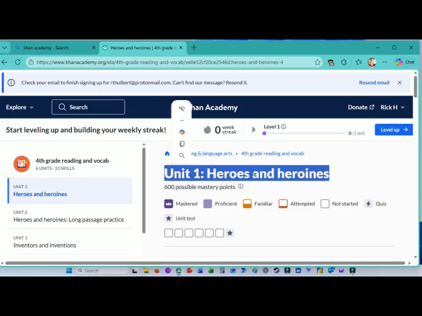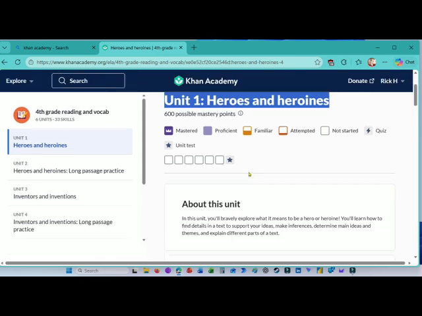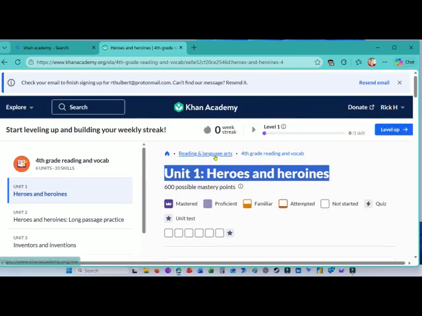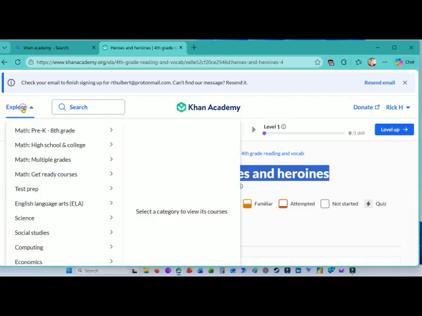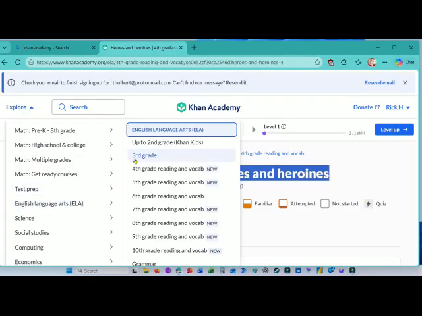If you choose a unit and you don't know these words, the unit is probably too difficult for you. You can try it, but if you don't understand the first words, it's probably better to choose an easier unit or a lower grade. I don't know these words. I'd better change. So what I do is go back to Explore,